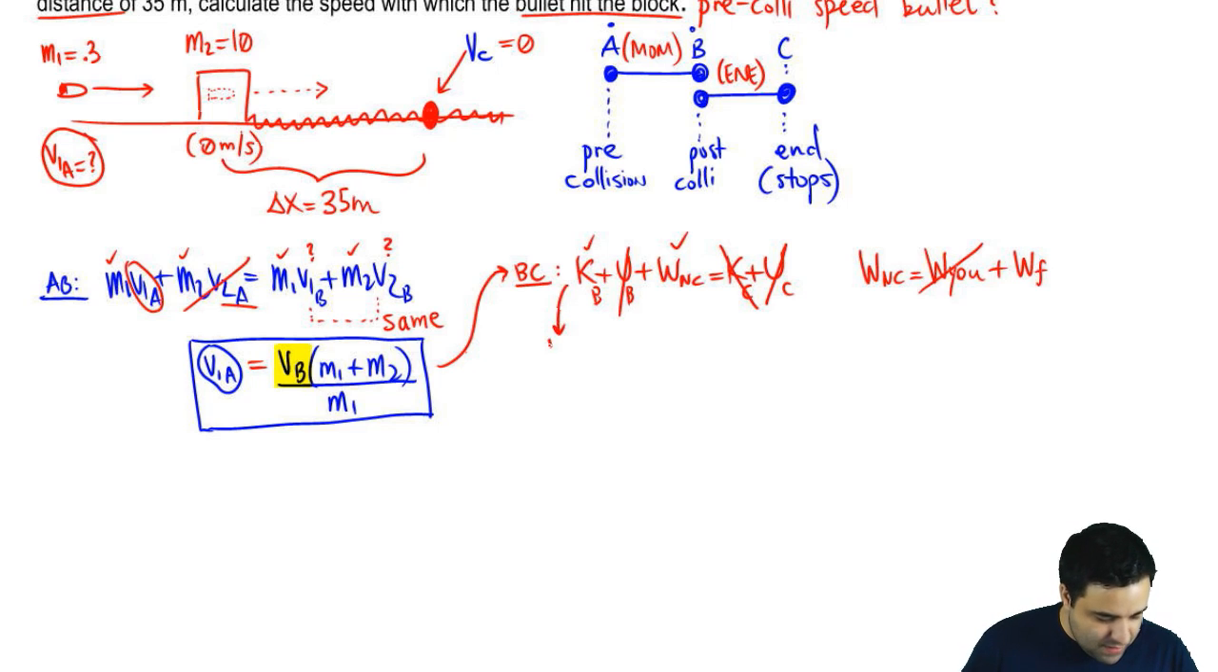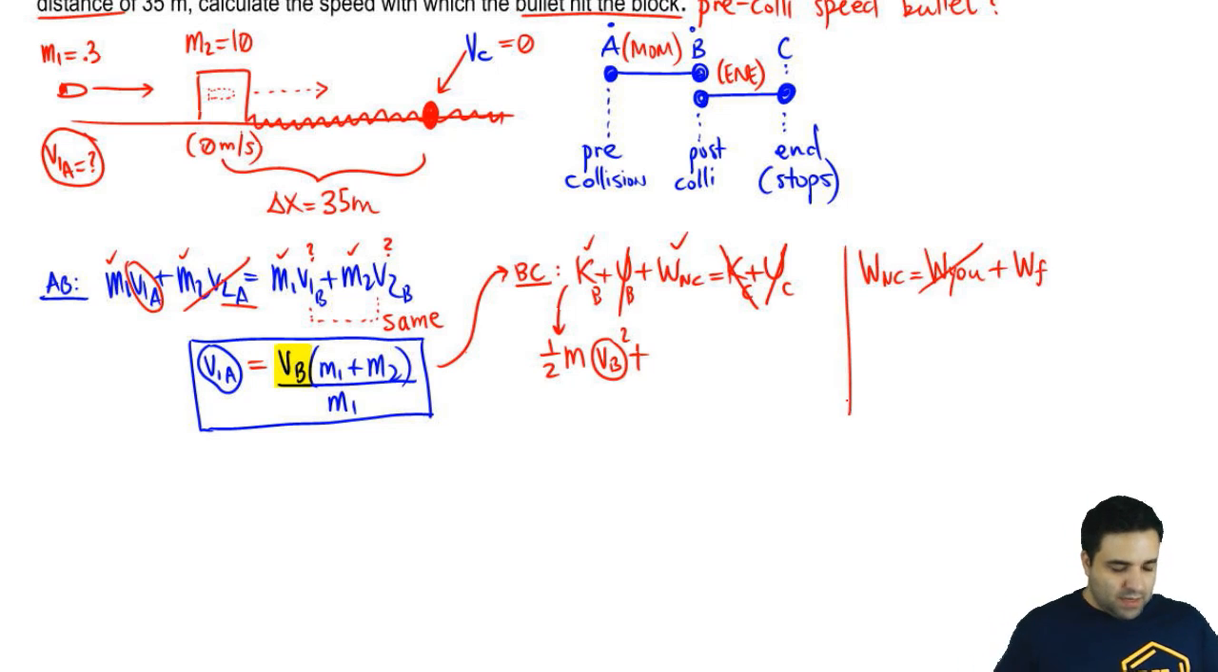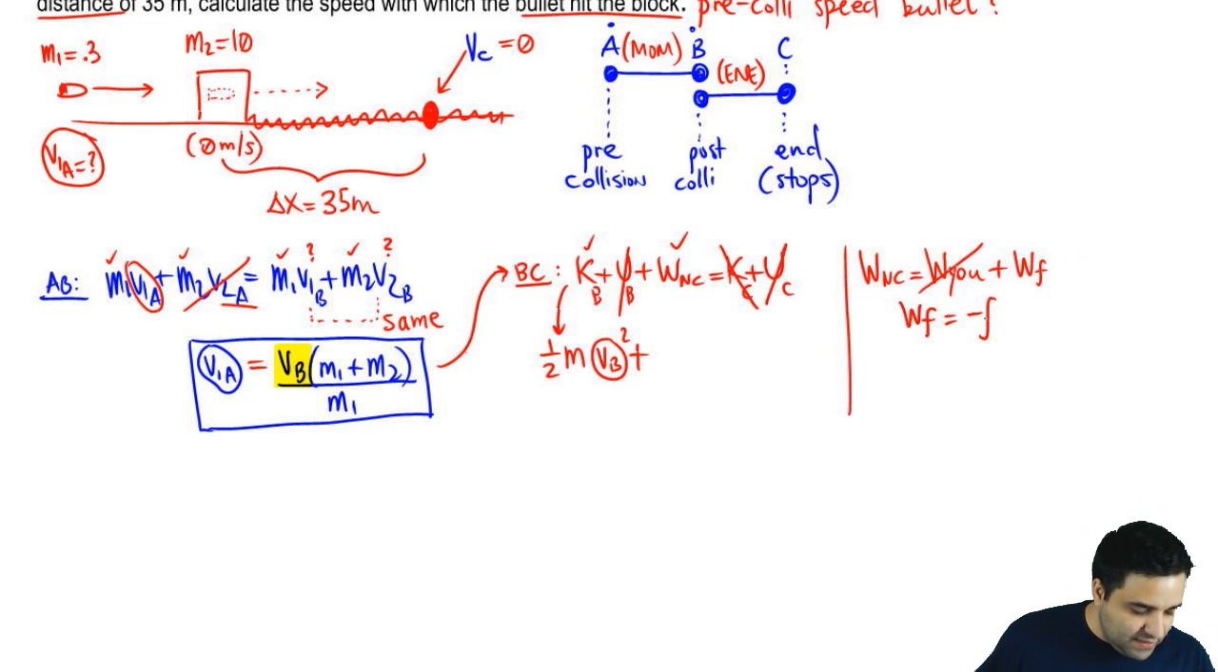This is half m VB squared. VB is what I want. And then plus work non-conservative. I'm going to go off to the side here and derive work non-conservative. Work non-conservative is just the work done by friction. Remember that the work done by friction is negative F d. Remember that friction is mu times normal. And remember that normal in this case, because there are no other forces acting on the y-axis,